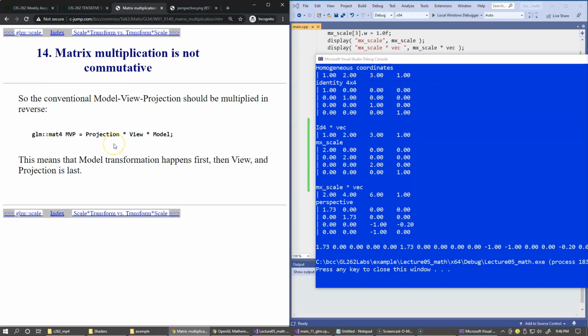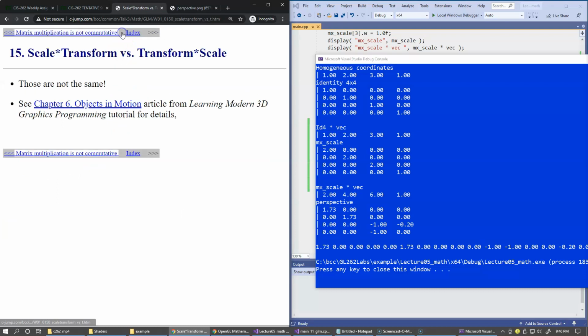And the emphasis here is, of course, on the fact that the order of transformations is very important. For example, it may seem like multiplying transform matrix by scale or scale by transform matrix may yield the same results, but in reality, when you have a cube